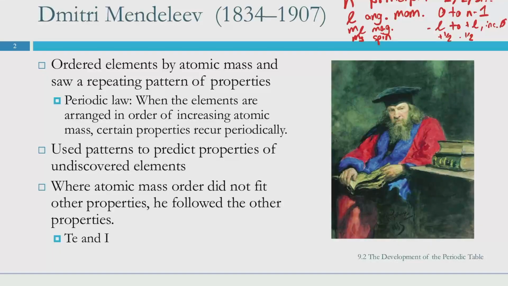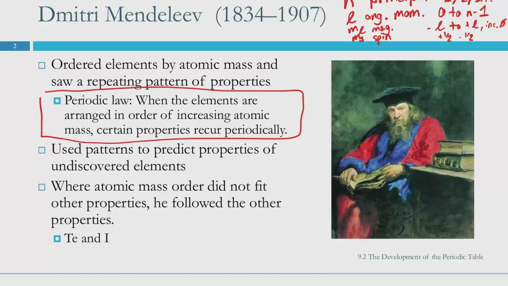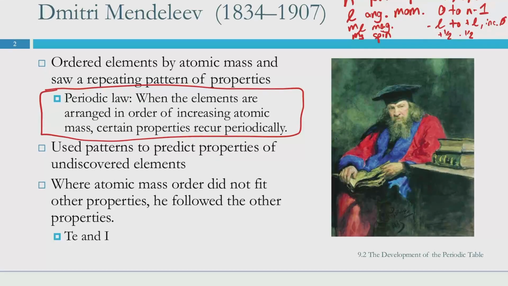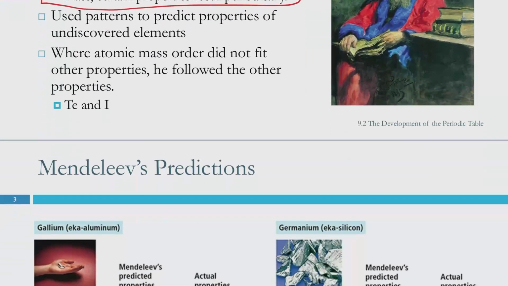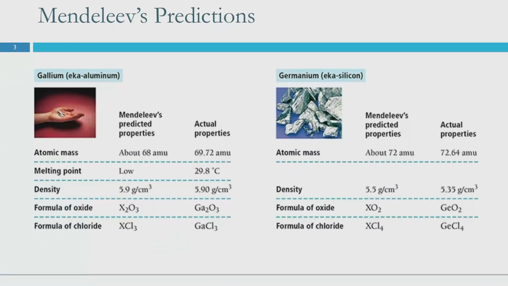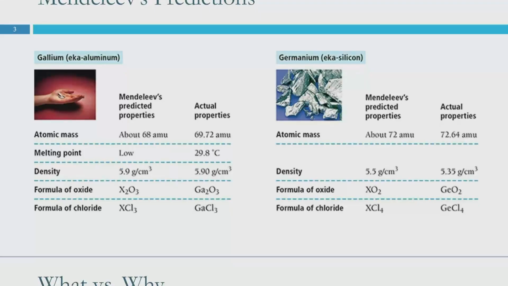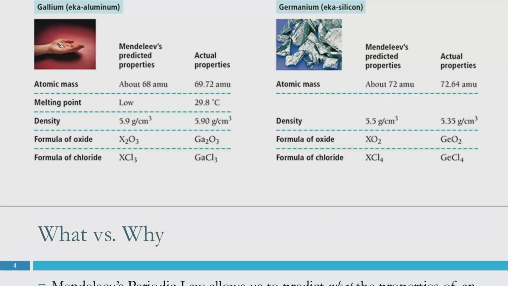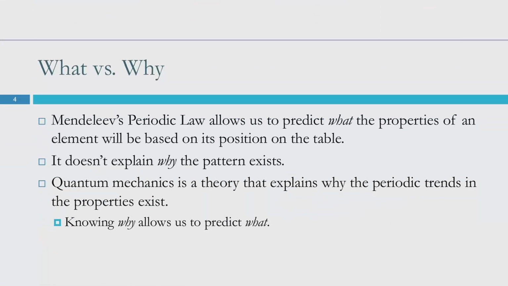So Dmitry Mendeleev proposed the periodic law. When the elements are arranged in order of increasing atomic mass, certain properties recur periodically. Sometimes they do not go in order. So tellurium and iodine are not in order. Tellurium has a higher atomic mass than iodine. And so rather than putting them in order by atomic mass, he put them in based on their properties. Mendeleev also made some predictions about elements that he knew probably existed but they hadn't discovered yet. Gallium and germanium, I don't think is particularly important, but you can look at that if you're interested